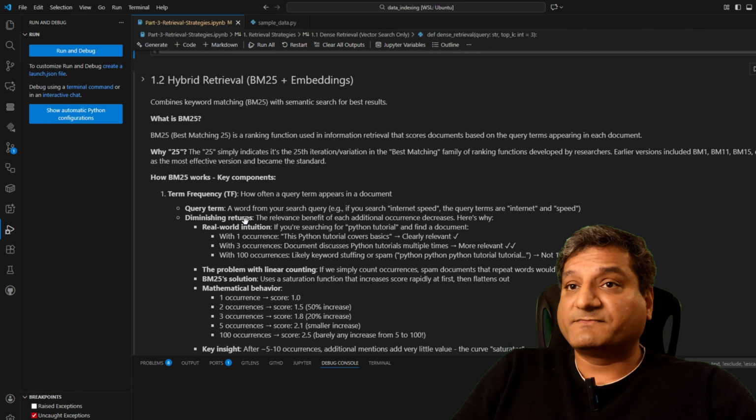So if I expand this and try to run the code, let me expand it so that you can see the code. This is how we can implement this. This is the function. This is our query coming in. Again, top K, how many results you actually want. And this alpha, we will see what alpha is going to do. So in this function we implement